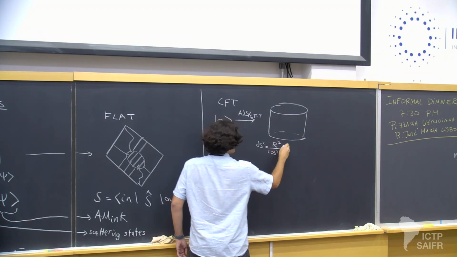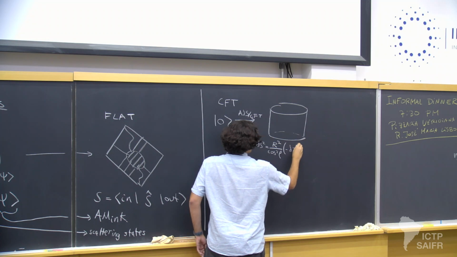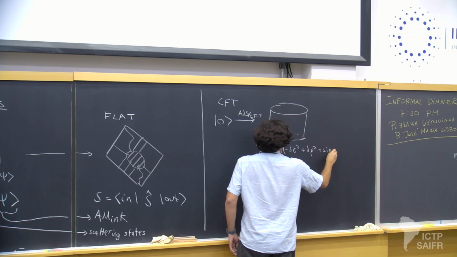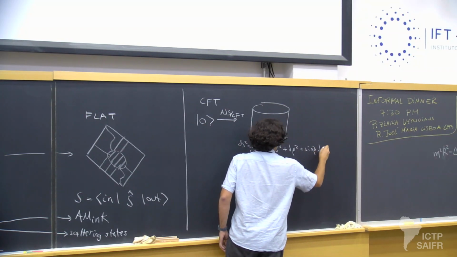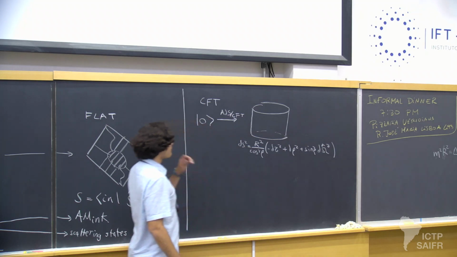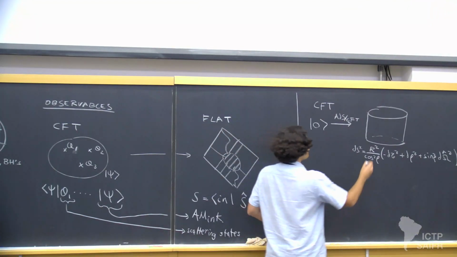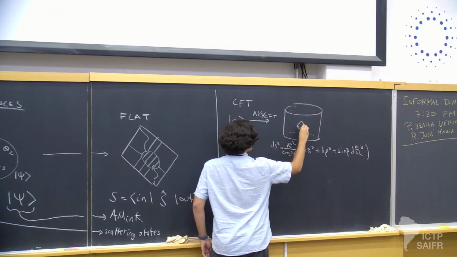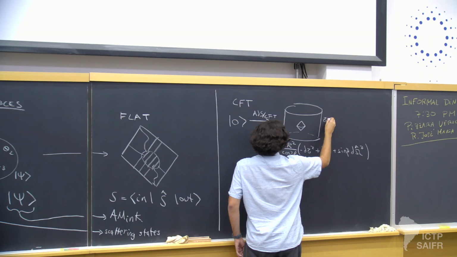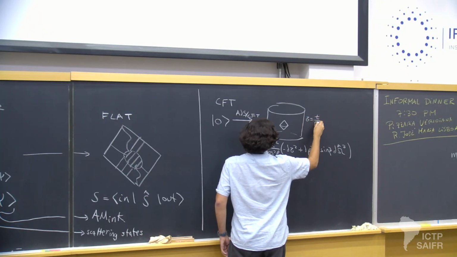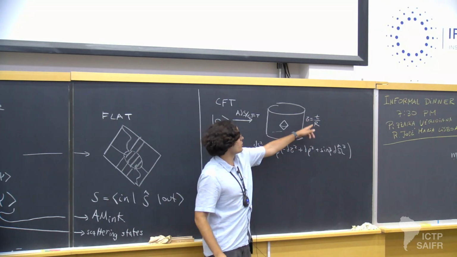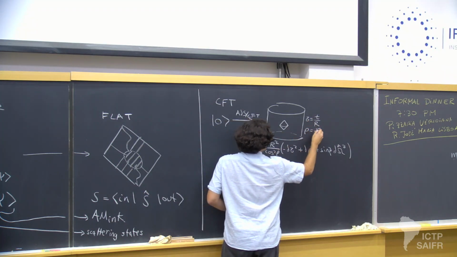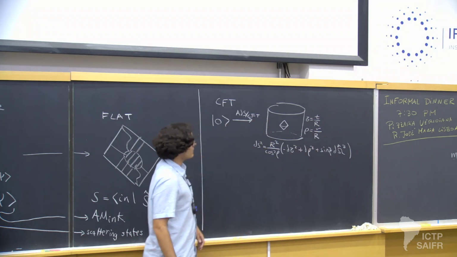Let me write it down explicitly so that the limit is clear. So this is the global time, this is the holographic direction rho, and then there is some solid angle. Now, the statement that I'm going to make is that if I study some region here in the center of global AdS, parameterized by a value of global time that is small with respect to the AdS radius, so the value of global time would be T over R when R tends to infinity, and then rho is also small compared to the AdS radius,